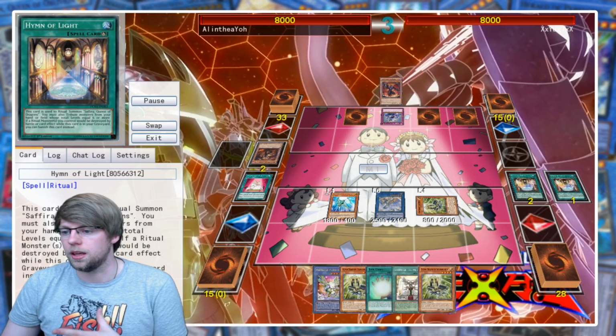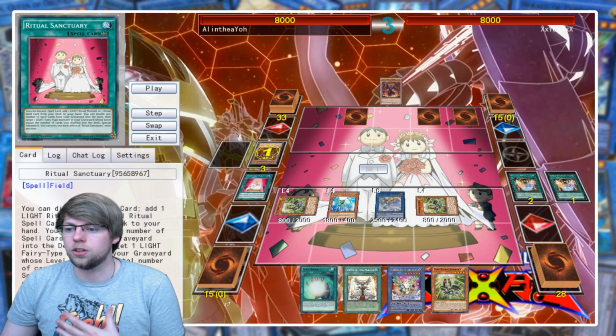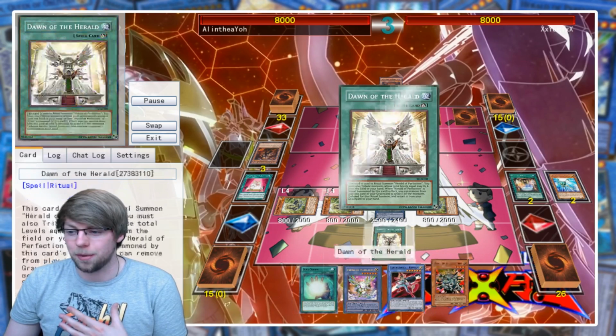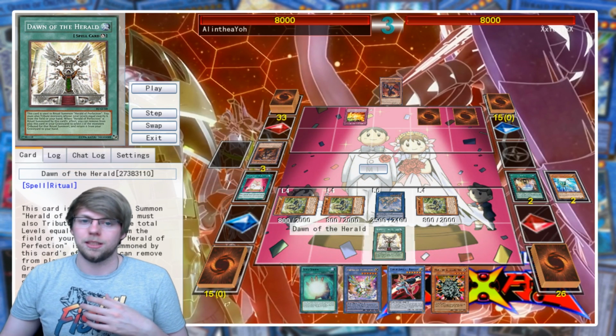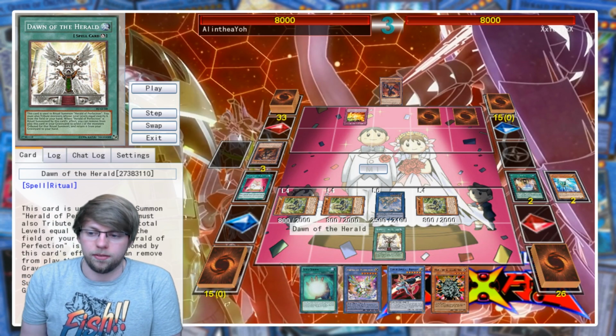Draw into the Dawn of the Herald, which is really nice, and then I just decide to carry on. So obviously you are going to carry on. I get the Ben 10, which is really nice. At this point, I'm like, okay, I don't know what the back row is. He's got 3 back row that's possibly live, so I want to,